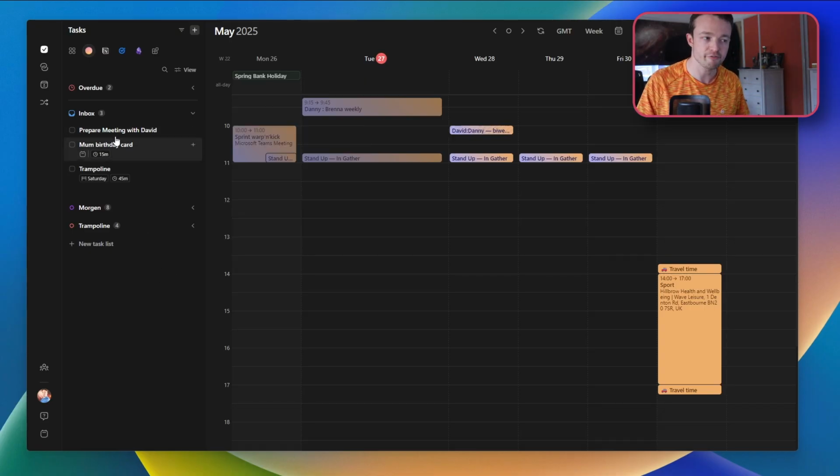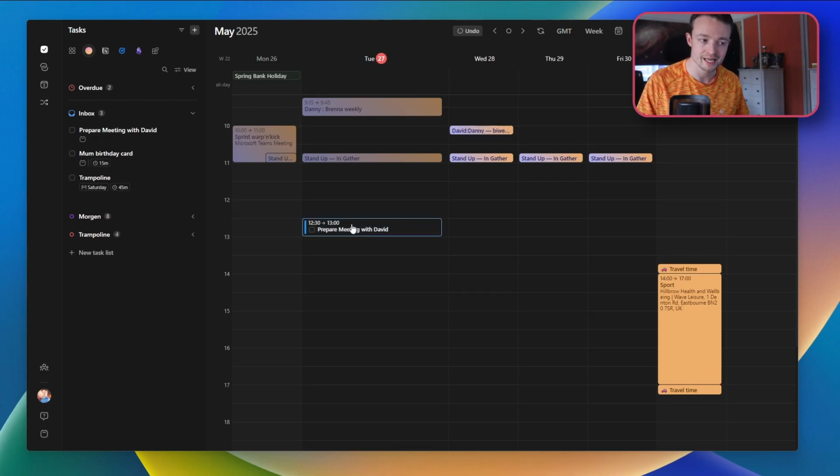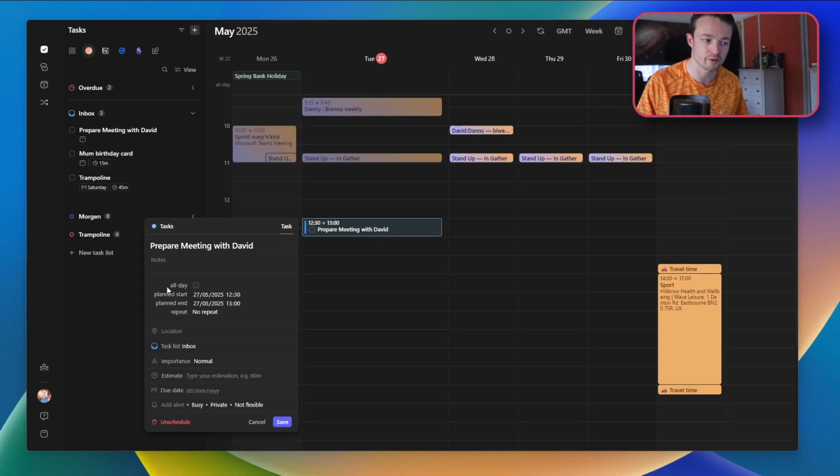If, however, I drag this task onto the calendar and let go, now I've got 12:30 till 1 o'clock as a scheduled time. You'll notice there's a calendar icon underneath this task, and when I double click on the task, I now have a planned start date and time, a planned end date and time, and the due date option at the bottom of the edit window. So I have a scheduled planned start and end time to do this task in my calendar,